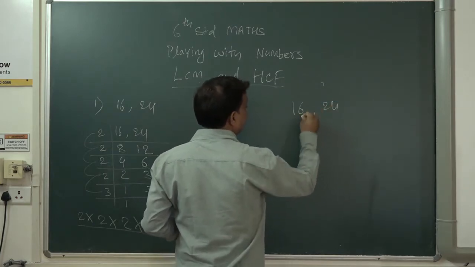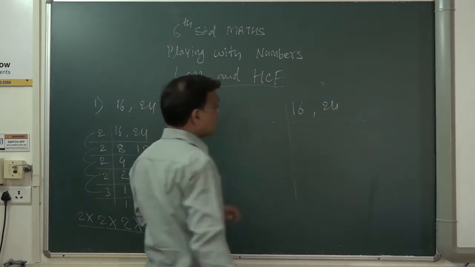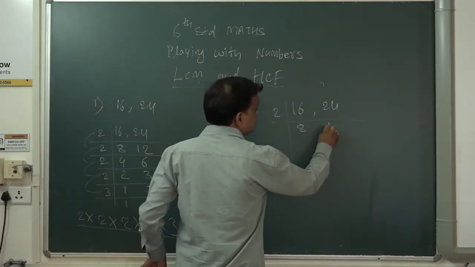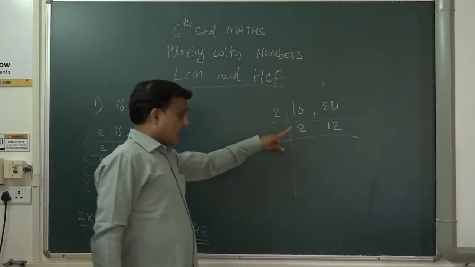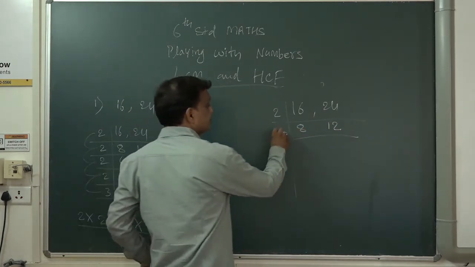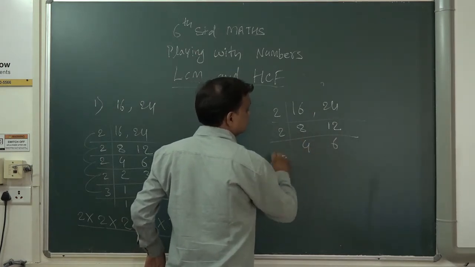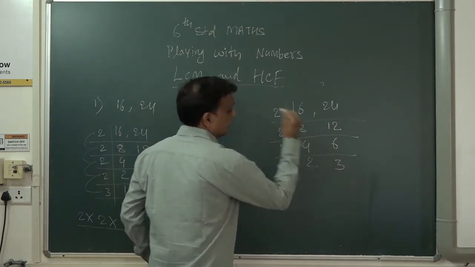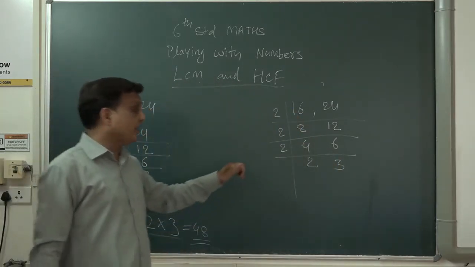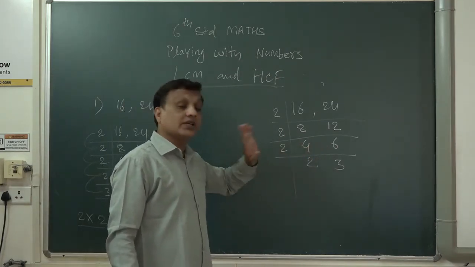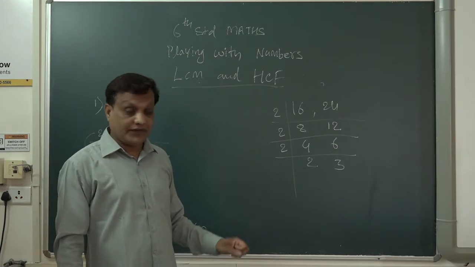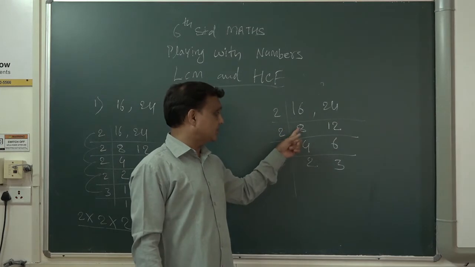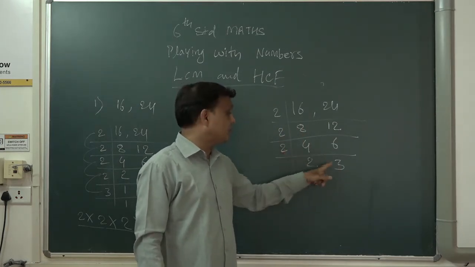Now with the same numbers we will see the HCF. 16 and 24, we are finding the HCF. Again both numbers come in the 2 table. 2 8s are 16 and 2 12s are 24. Again 8 and 12 come in the 2 table. 2 4s are 8 and 2 6s are 12. Again both come in the 2 table. 2 2s are 4 and 2 3s are 6. To find the HCF, we have to see that both numbers go in one table. If it is not going, then you have to stop here. So up to here these numbers are going in the 2 table, but this will not go in any one table.